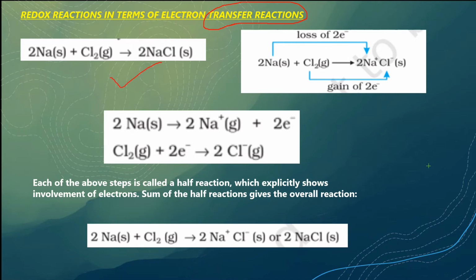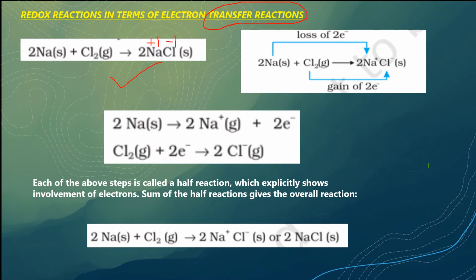I consider this reaction. Now, in this reaction, there is no hydrogen, no oxygen involved, but very easily I can categorize this under the redox category. How is that possible? Let us see. For that, I should know about a particular concept. I have to see the charge on these atoms when they change to a particular compound. Na has +1 charge. I'll give you the details in the upcoming slides about how these charges matter and what we call them specifically.